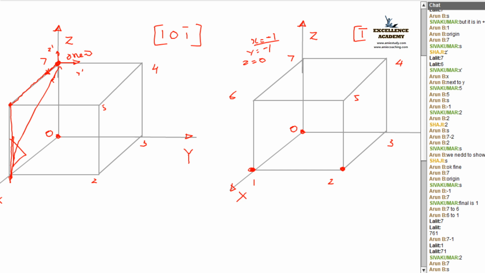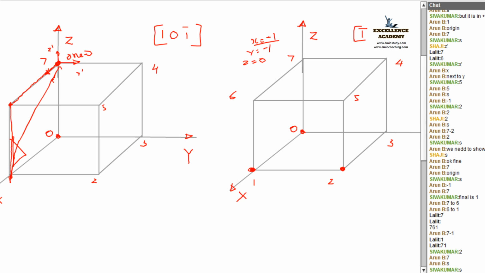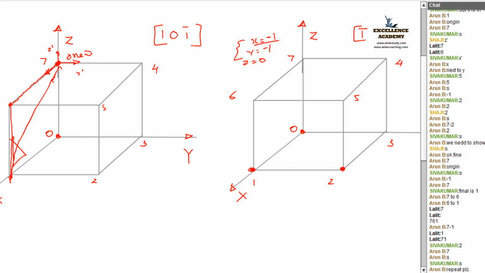So what Suma said is the right answer. What about others? Yeah, sure. So here, according to our condition, x is equal to minus 1, y is equal to minus 1. Here the two axes have negative values, right? So you have to shift the origin through both the axes. First one is what? You have to shift the origin through the x-axis. Where shall be that point? If I shift the origin through the x-axis, no doubt, x is equal to 1 will be the origin, right?